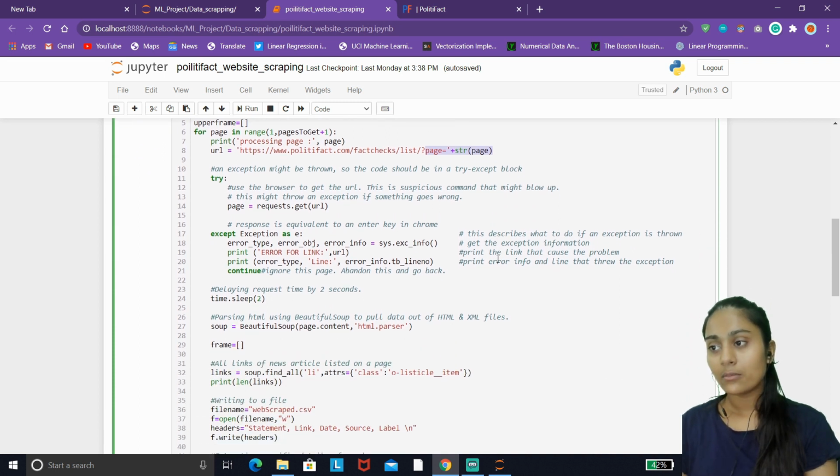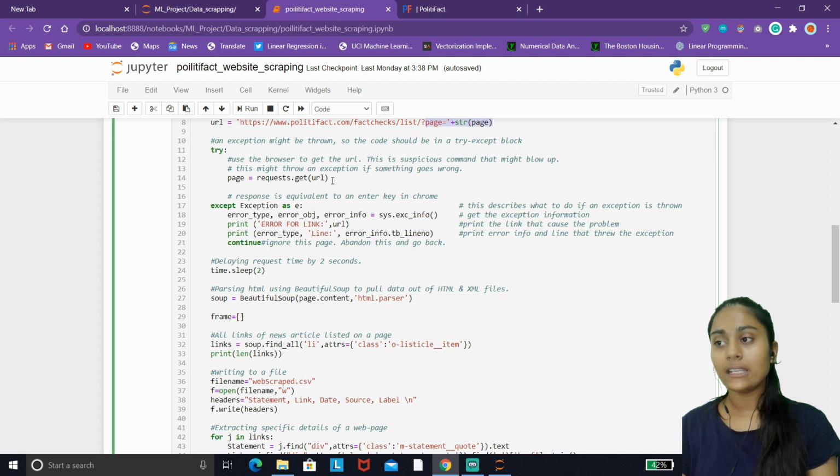It's very simple. Now the next very important thing to focus on is this statement, where we are requesting the HTML content to download from the website.